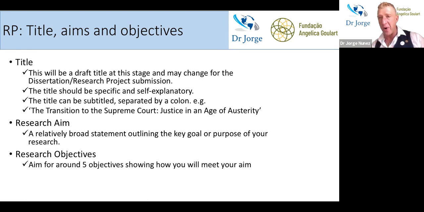Although it can be broad, it cannot be as broad as anything and everything. That is why, again, coming back to the title, you have to bring a bit of precision. And then the objectives. The objectives are the most precise of these 3 points: title, aims, and objectives. The objectives will have to be written in a certain form in the infinitive, and I'll explain this later. And you have to be very, very clear, very precise about how these objectives, how these points work towards making